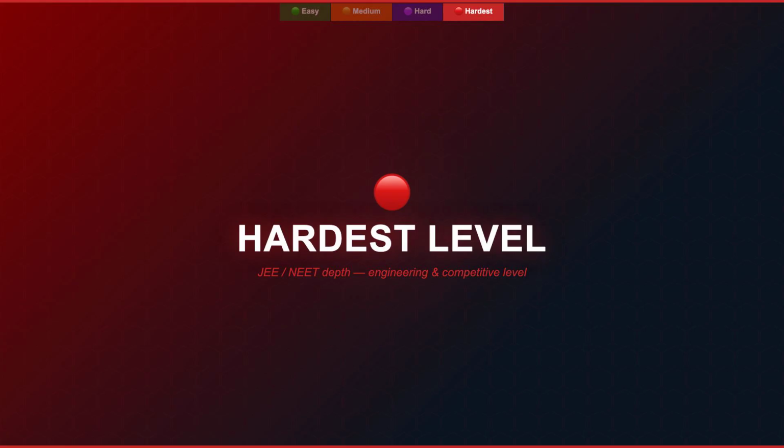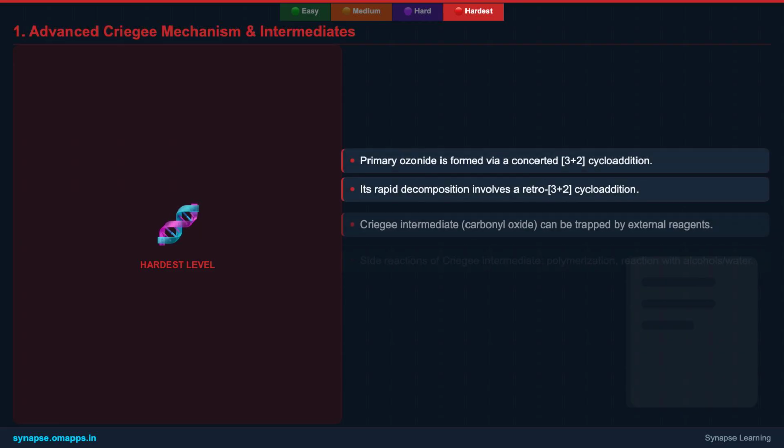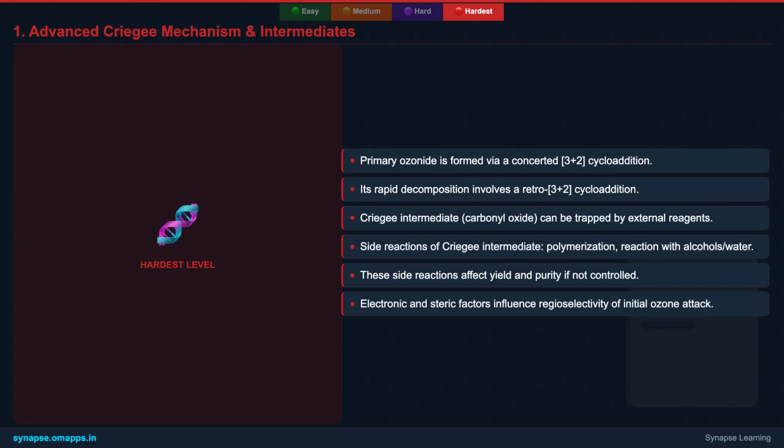Welcome to the hardest level of ozonolysis. Here, we'll explore the competitive depth of this reaction, delve into its engineering insights, and connect it to broader scientific contexts for advanced excellence. The Criegee mechanism is not just a theoretical construct, it has been extensively studied through kinetic and